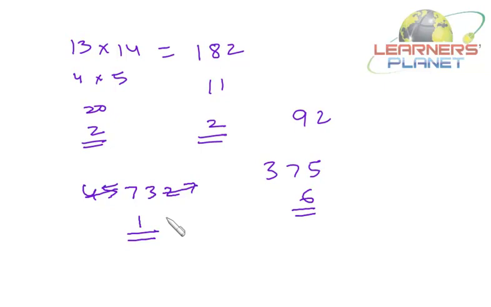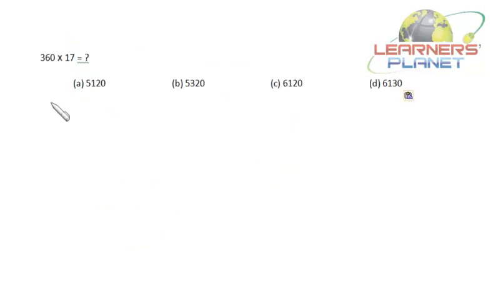Okay, we'll be using this concept in multiple choice questions. Okay, let's do one or two more examples. Now let's see this example. In this case we have to find 360 into 17. So let's find the digital root first of all. 360 is actually 9 into 7 plus 1, that is 8. If anything is multiplied by 9, the digital root of the product will be 9 only. Since 9 into 8 is 72, the digital root will be 9 only. So we just have to check from the options where the digital root is 9.